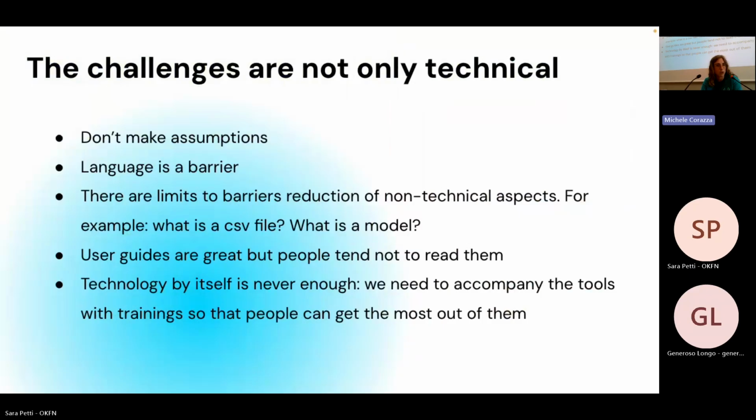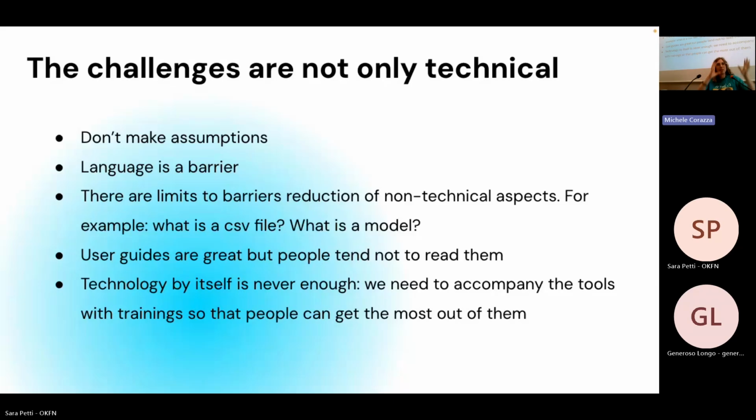The thing that we discovered also with these pilot organizations is that most of the challenges out there are not only technical challenges. So some of the things that I would recommend that were really made clear by the interactions with the community is that, and this is very hard, try as much as possible not to make assumptions. Try as much as possible to step back, try to listen instead of thinking that you're understanding something when it's not there. Language can be a big barrier.